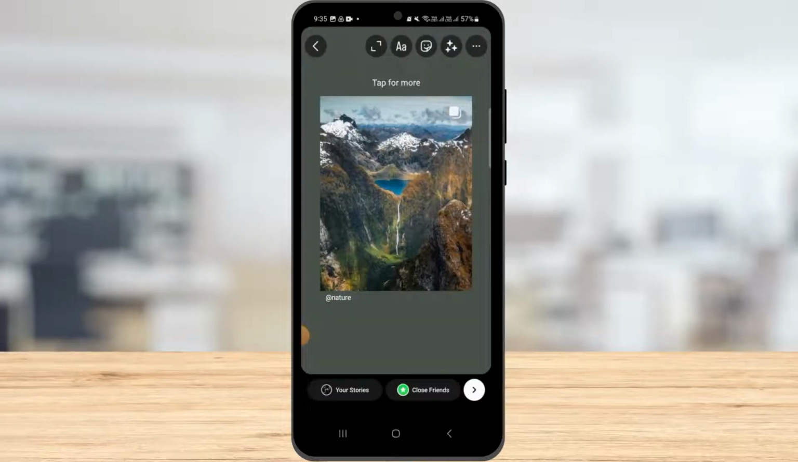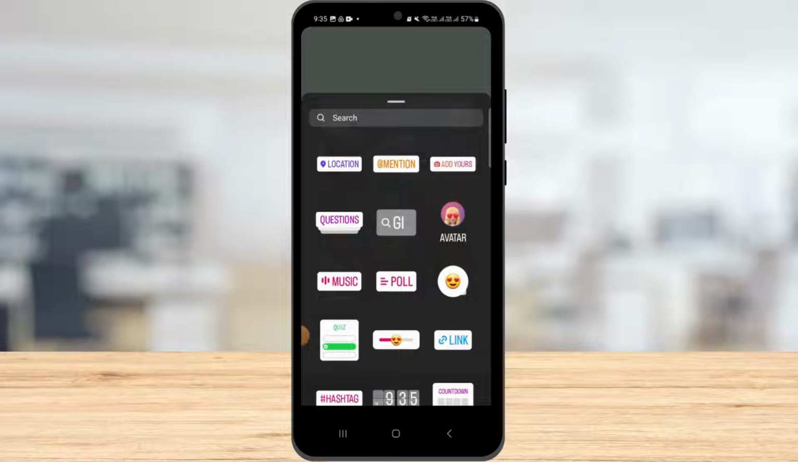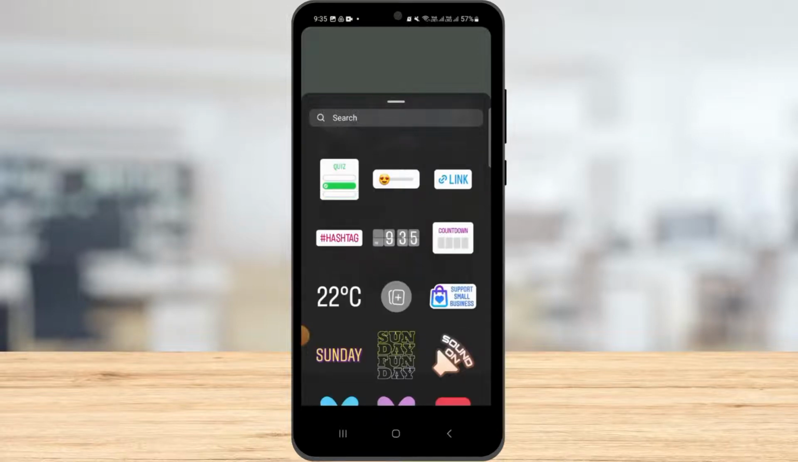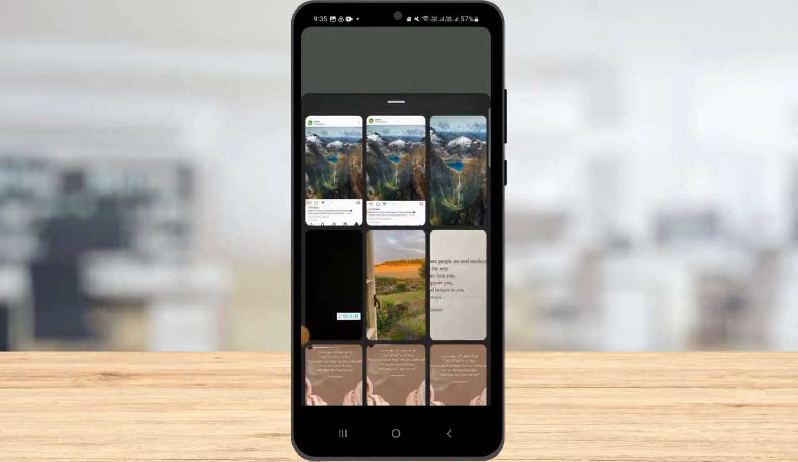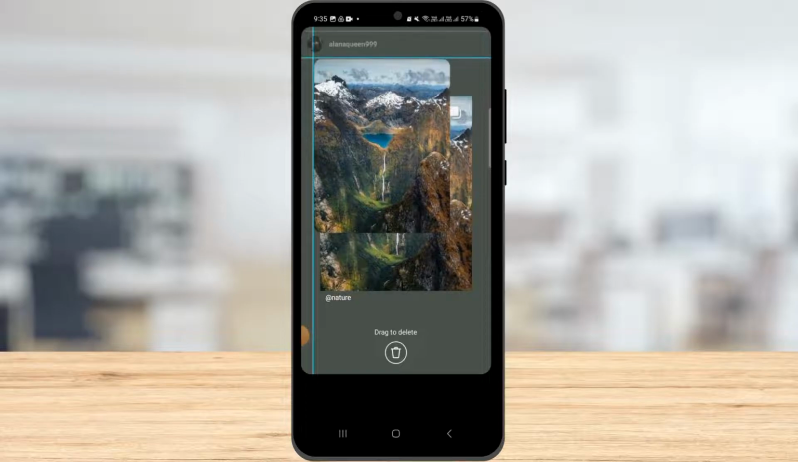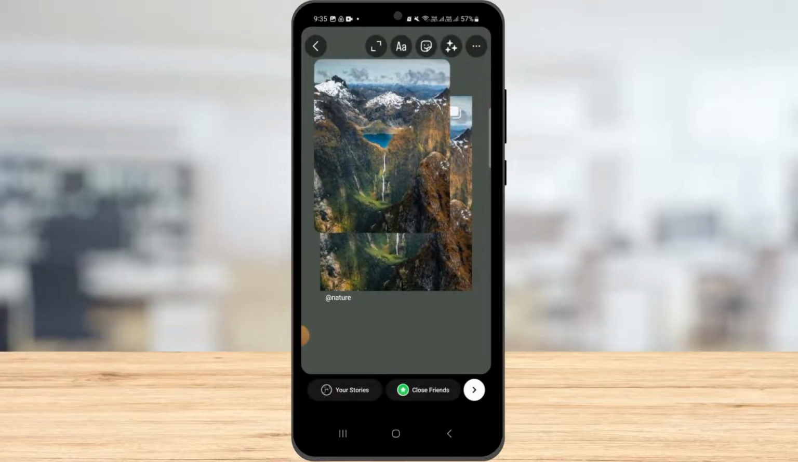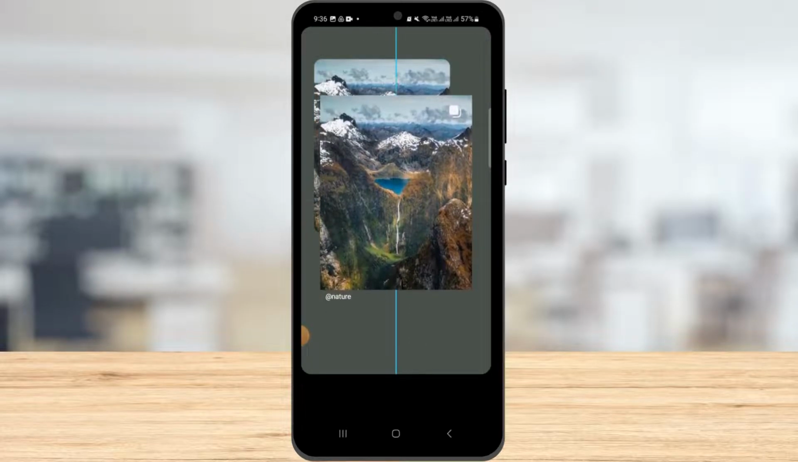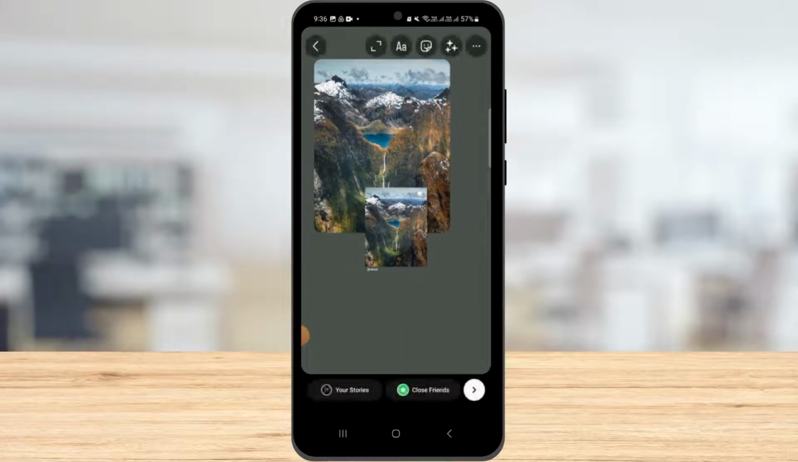Once you do that, you want to tap on the sticker icon, and now you want to tap on this icon right here. Now you just want to select the photo that you have taken a screenshot of. Now what you want to do next is you want to make sure that this post right here is small,